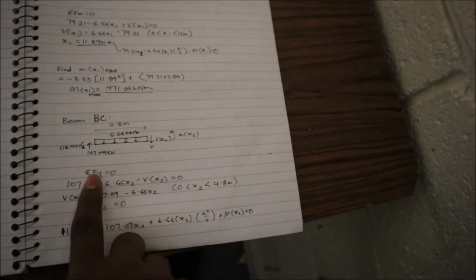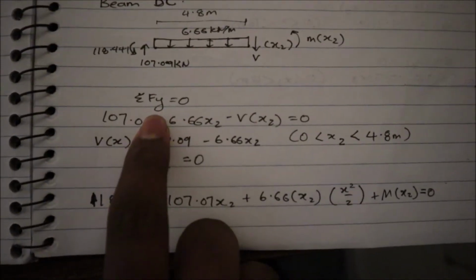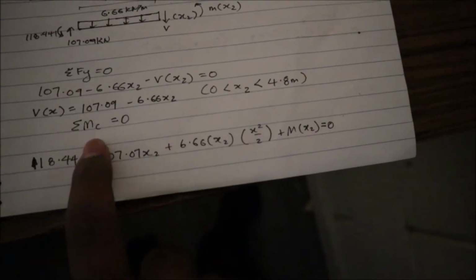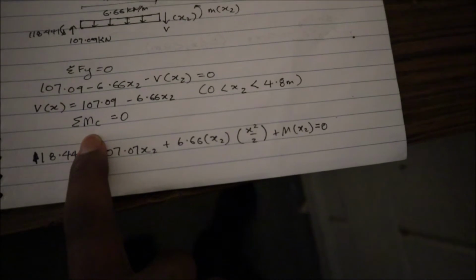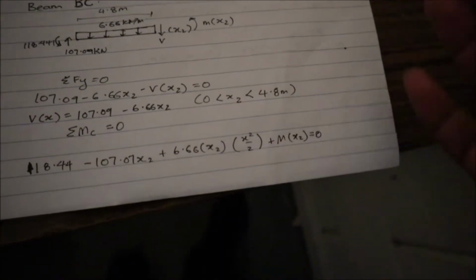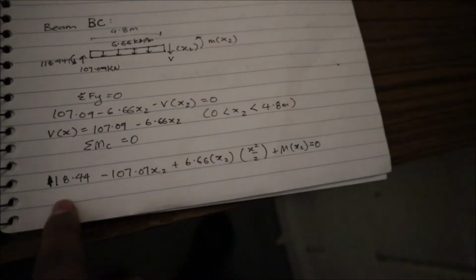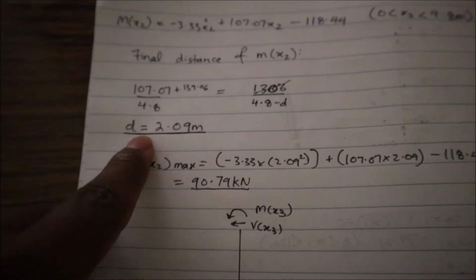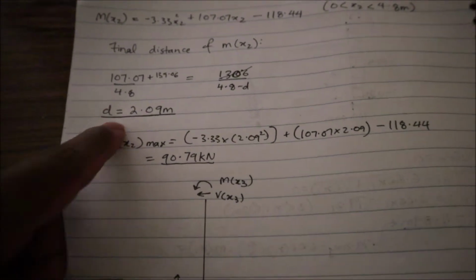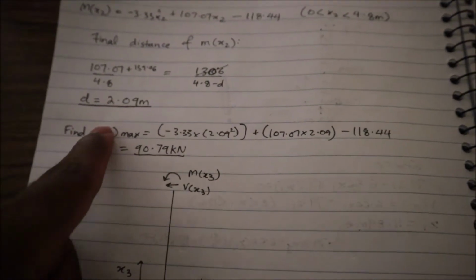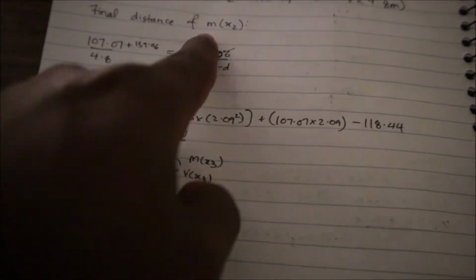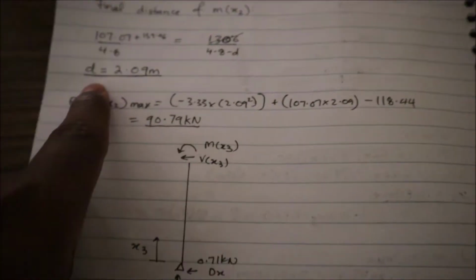We find our sum of forces in the y direction, and then we find our sum of moments about C equal to 0. Then we go about finding our D, which is our distance, the distance for internal moment x, where D is equal to 2.09 meters. We do the same thing for